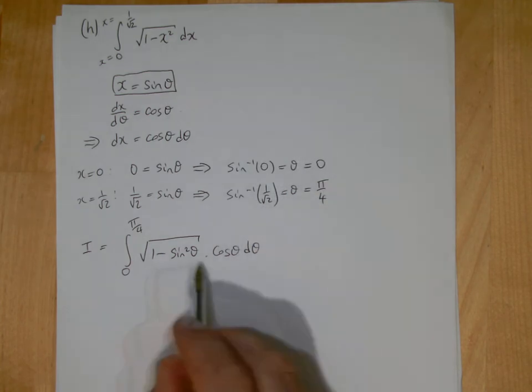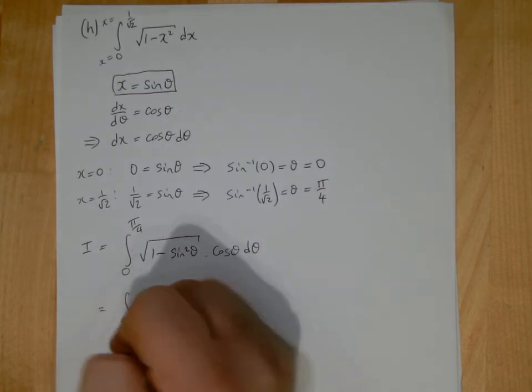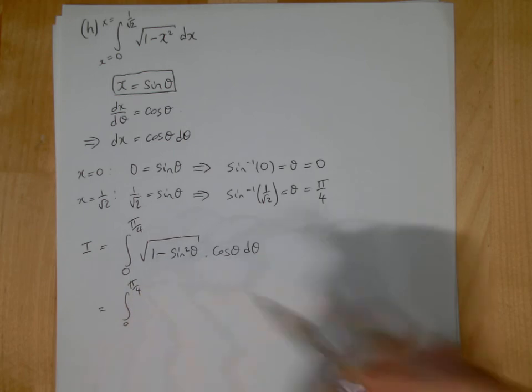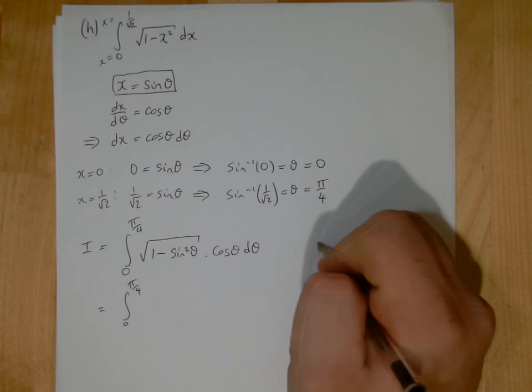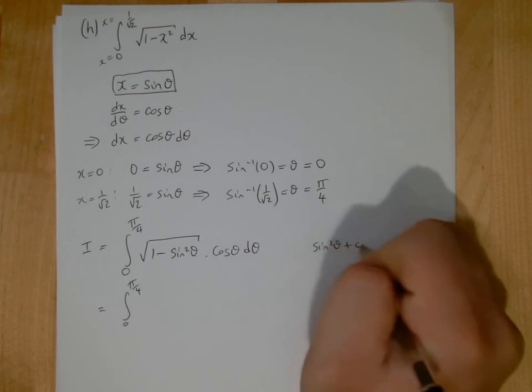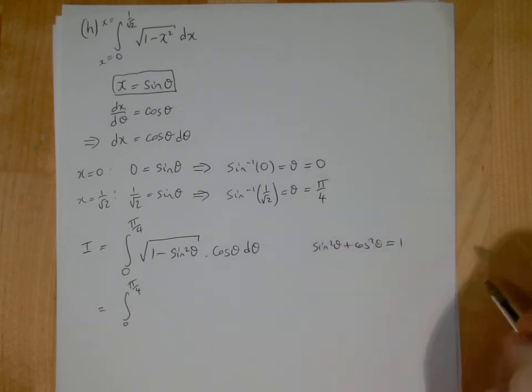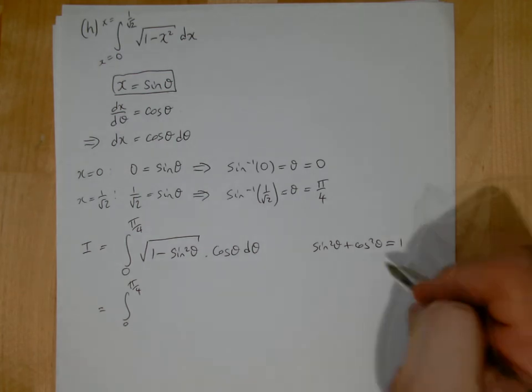Now you're looking at this and hopefully it'll bring back memories from last year, and we've been using it this year, what 1 minus sine squared is. Well, remember of course sine squared theta plus cos squared theta is equal to 1. So 1 minus sine squared